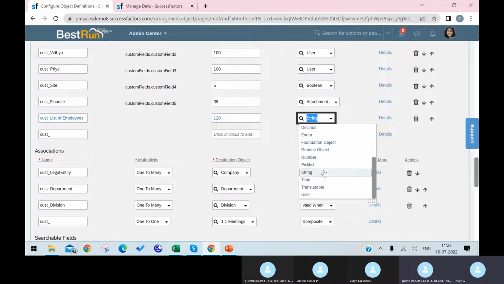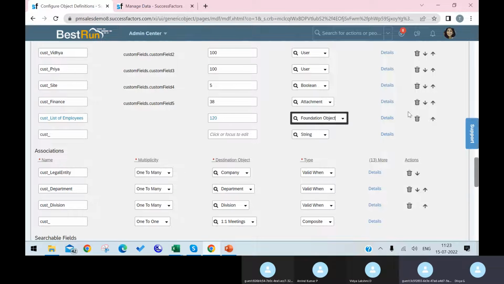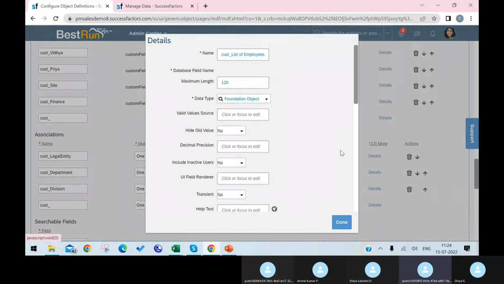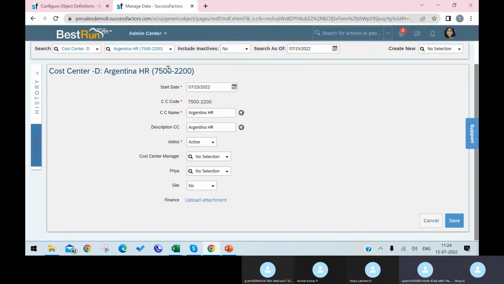Then if I'm giving here a foundation object, I need to go and give some valid source. That means if I'm giving,